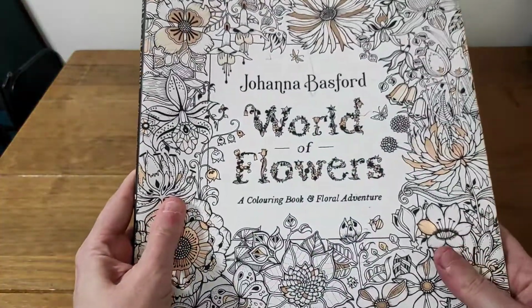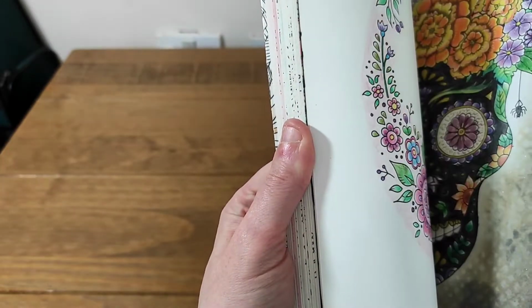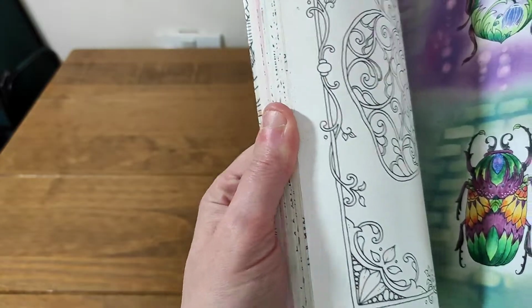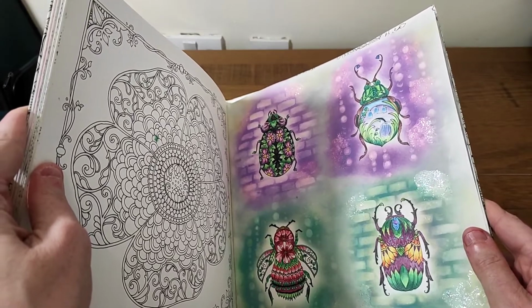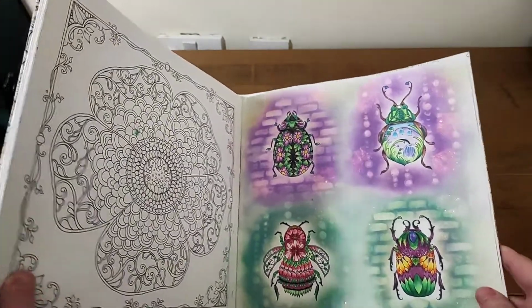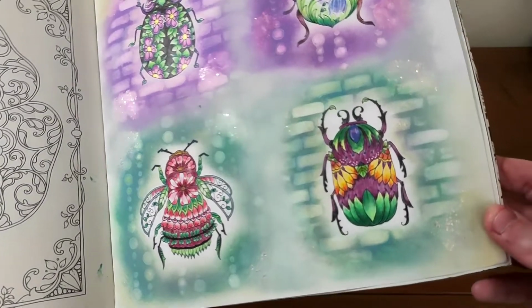Then we've got World of Flowers by Johanna Basford. I had a lot of fun with this page. I have never coloured bugs. They've never appealed to me to colour. But I thought, okay, if I've never coloured bugs, let's give them a go. And this month I've just been going for pages that have been one page, not double page spreads, and I will be fairly quick. That's probably why I've done more this month. Yeah, this is how that page turned out. So I used...